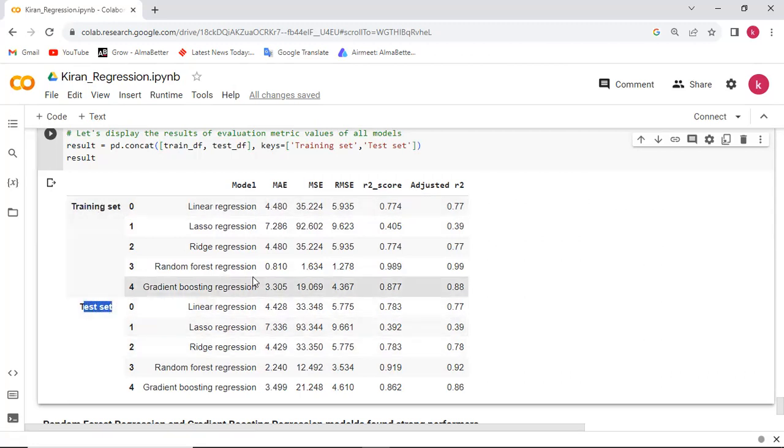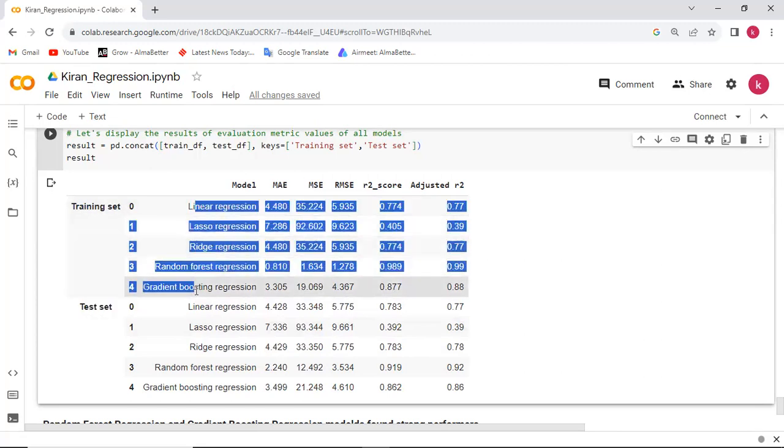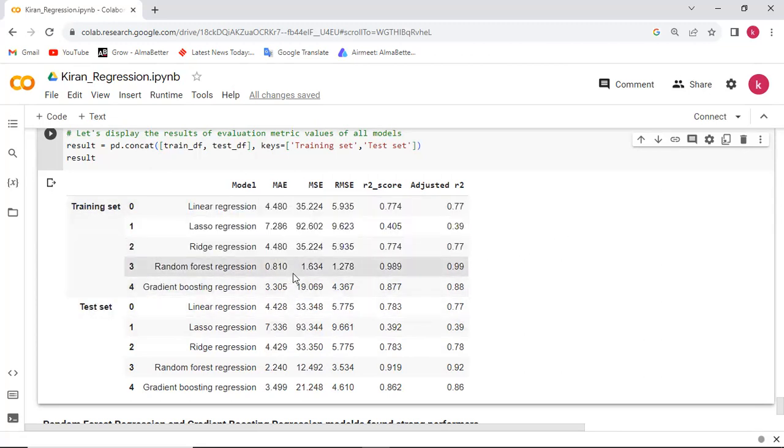From the evaluation metrics, we observed that random forest regression and gradient boosting regression are the good performers.